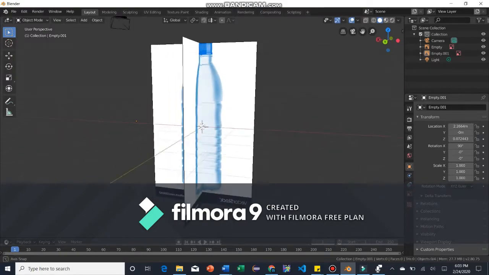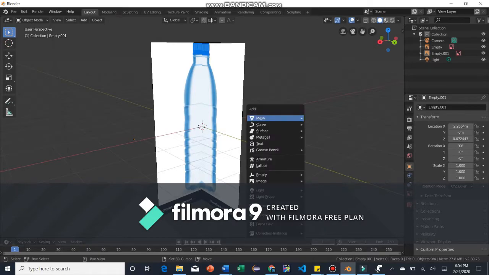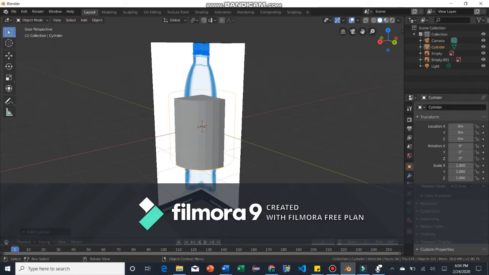So within Blender, there's multiple ways to make objects, but I feel like the easiest way to make an object is by holding the shift button and pressing A. So our water bottle is a cube, or sorry, it's a cylinder. So we can go up in here, and this is like the properties for it. So